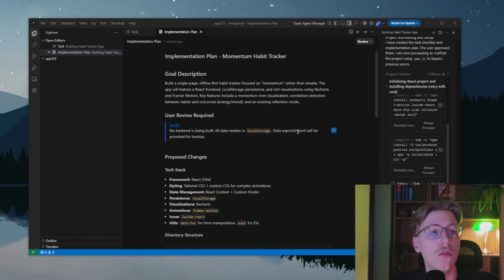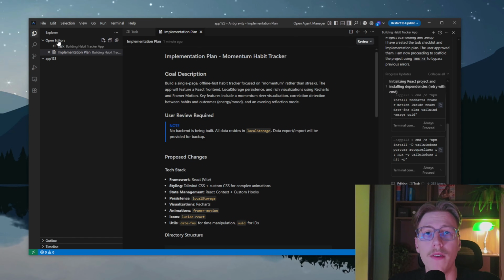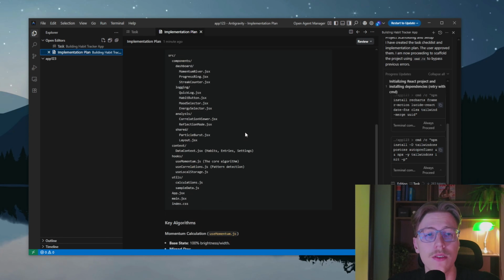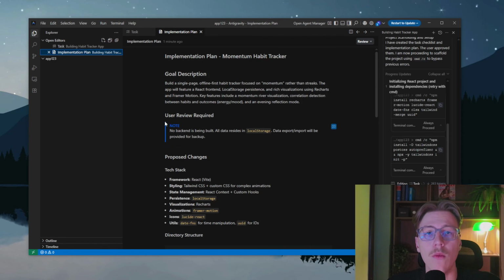And here's one cool thing about it. As you can see right here on the left, we have different editors and they are working at the same time. So what is actually going on? One editor is doing our tasks and the other is doing our implementation plan. And one thing about it, you can